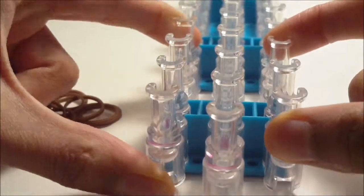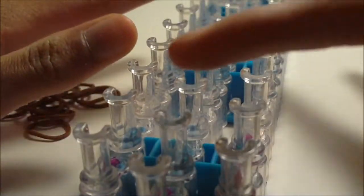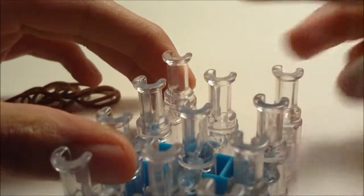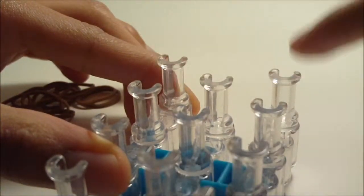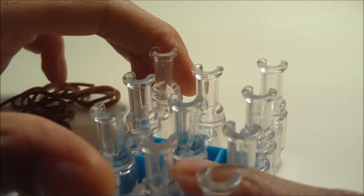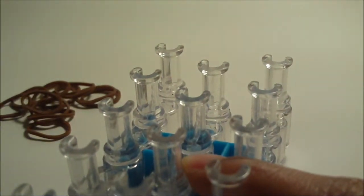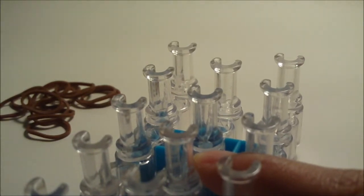So make sure the arrow is pointing away. And once you are sure of that, you're going to go all the way up here to the top of your loom where you have the pins, so the end of your loom, like up here. Not the beginning, but back here at the end. Alright. Now, what we're going to be doing is we're going to be placing these A color rubber bands